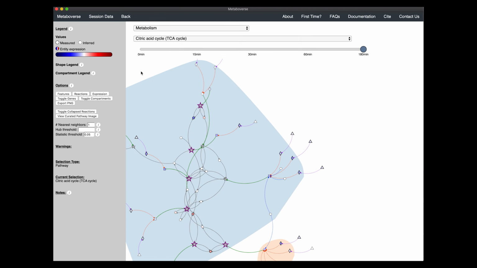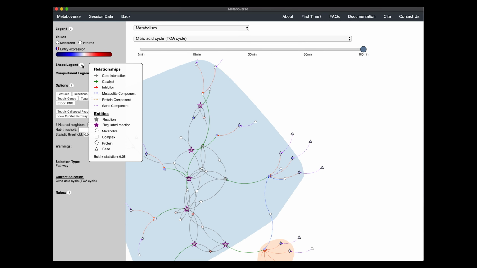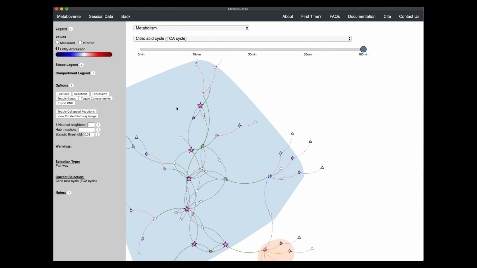Shaded regions indicate different cellular compartments, and we can view the key for this by hovering over this icon. We can also view the shape and color code legend by hovering over this icon. If, for example, we wanted to turn the compartment shading off, we can select the appropriate button. And for any of these other options, we can hover over that option and view a short description of what that